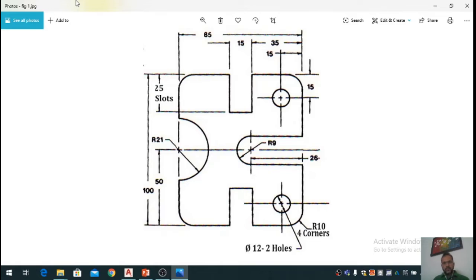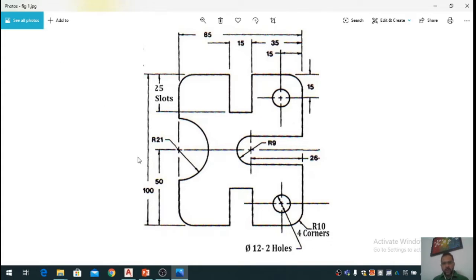As I have told in the class, there are many ways in AutoCAD or any CAD software by which you can draw a given figure. It can be drawn in a much simpler way, but we will try to use as many commands as we can, because we need to get the feel of the commands and how they are used.